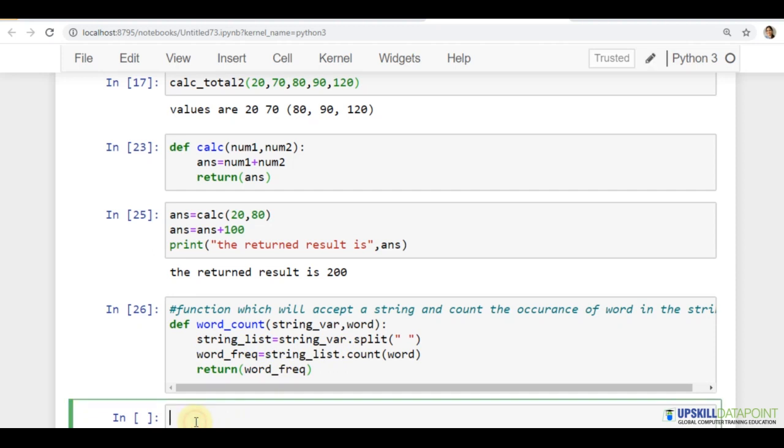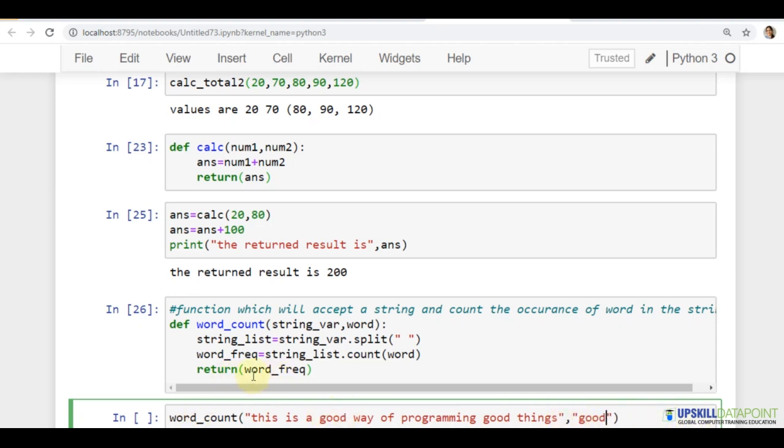So when I am calling this particular function, I just made a statement, a random statement I passed, and I want to look for the word good.